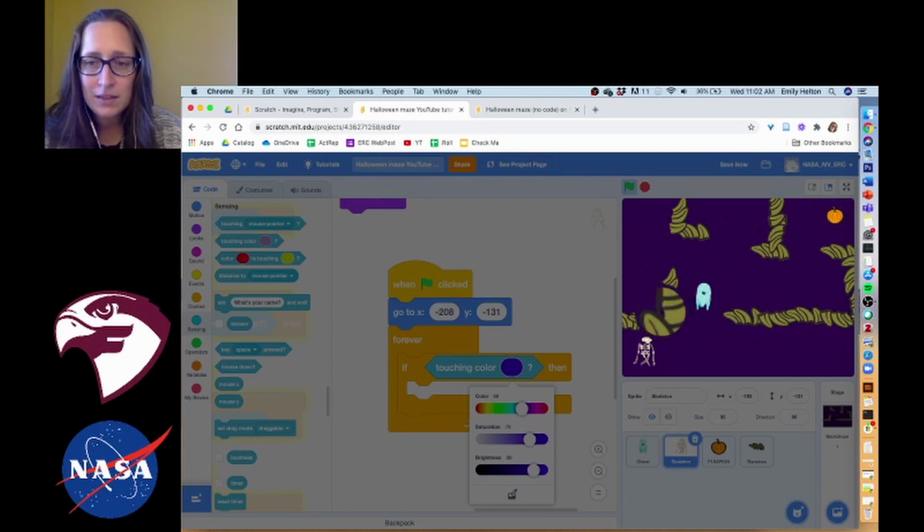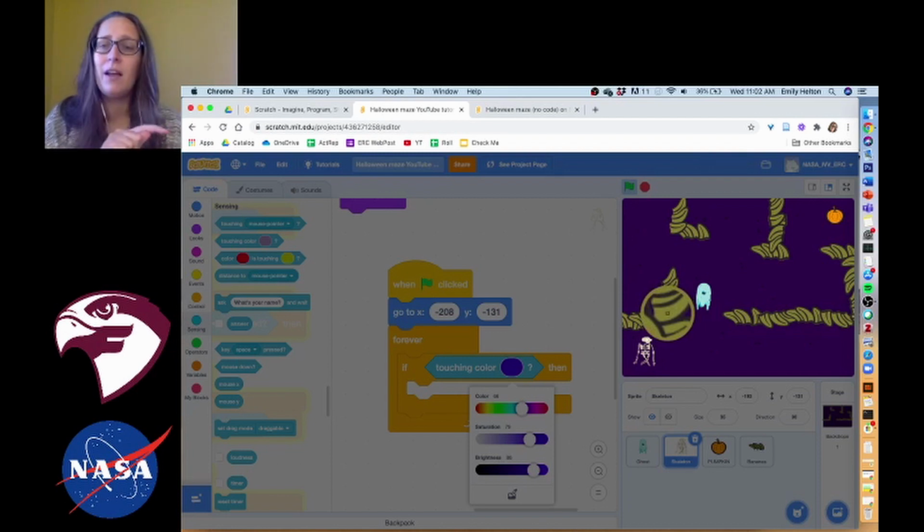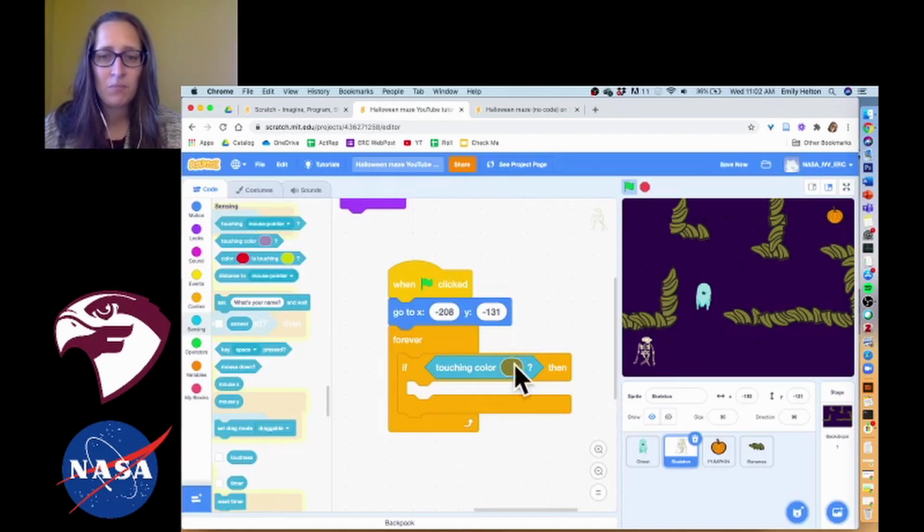You'll notice that there's black in the wall, and that's not the color that I want. I want to pick a nice spot right in the middle of this greenish color, and that's what I'm going to click on. I can see my ring around the magnifying glass is the same color as the center of that wall, and that's what I click. So now I'm going to say if touching color, and then I want it to go back to the starting